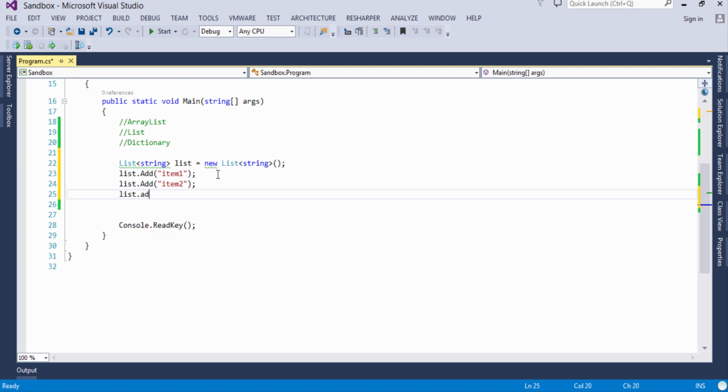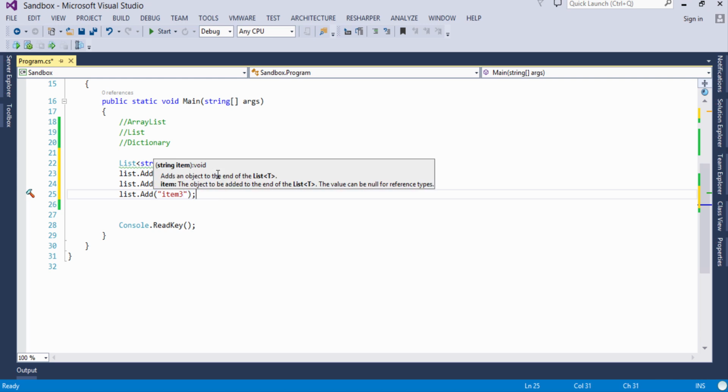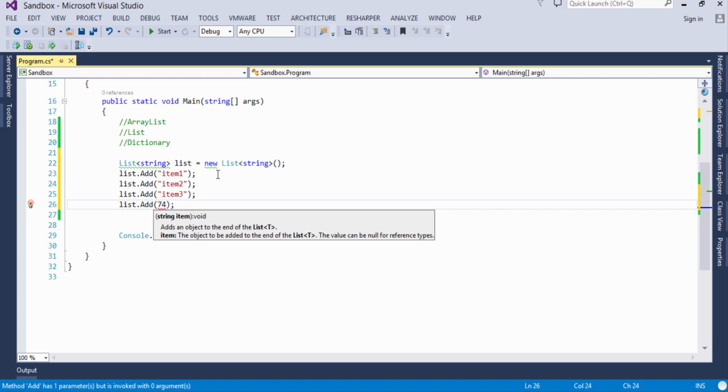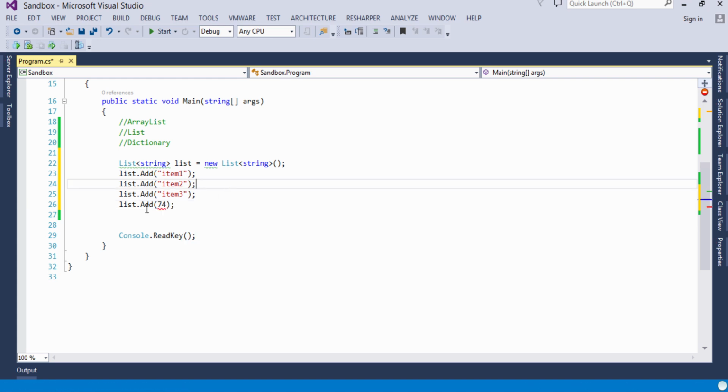I cannot add any other data type inside it. Let's say if I want to add an integer, it will give me an error because we cannot add it in this list. So this is a strongly typed collection